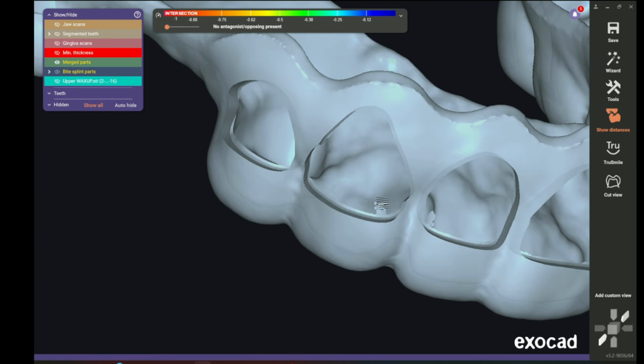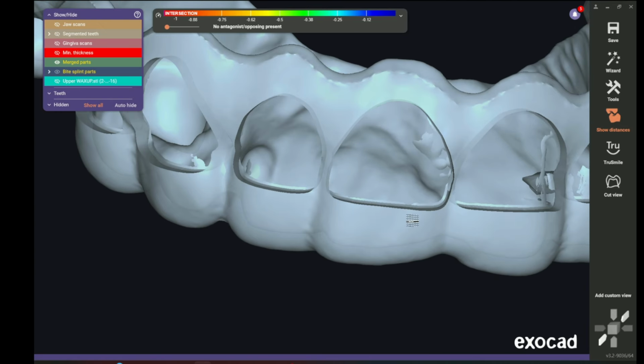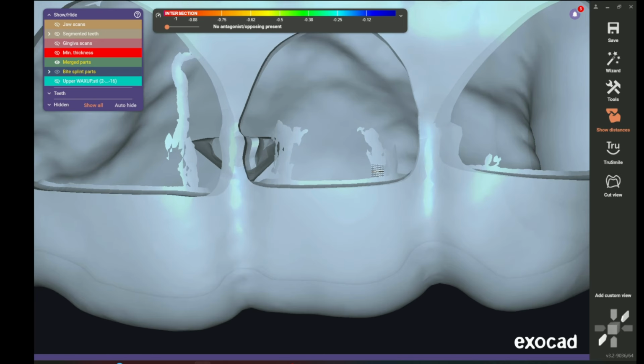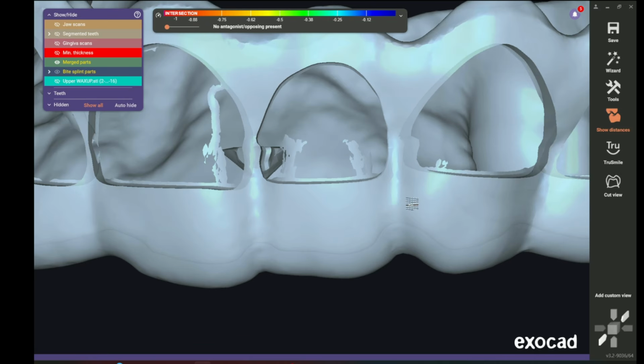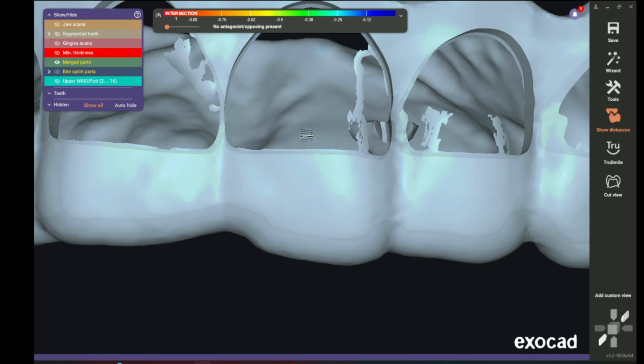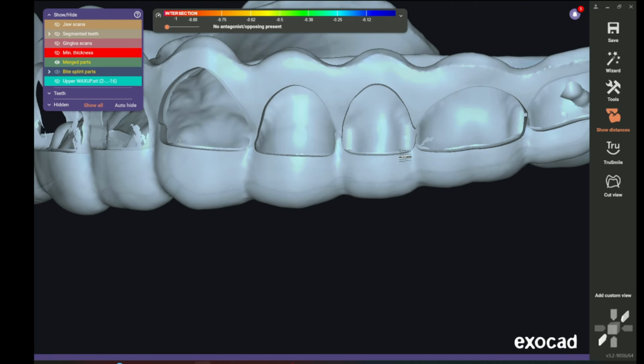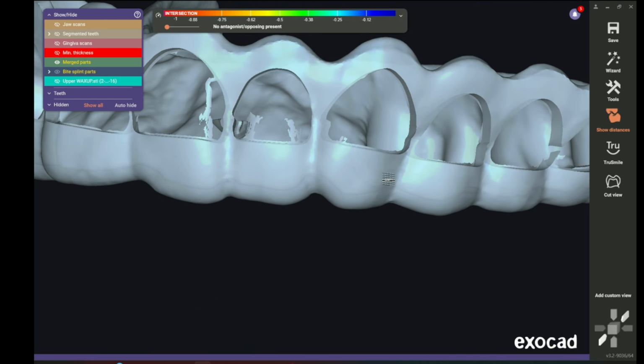I wouldn't be too concerned about this stuff. It doesn't really print. It should just print out a clean window. But if it doesn't, it shouldn't be too hard for you to just pluck those off. But again, in these interproximal areas, they get pretty small, sometimes not even connecting. So what we want to do is add another attachment in order to connect those areas